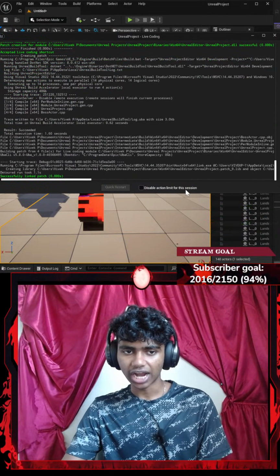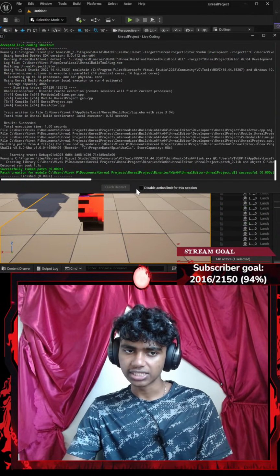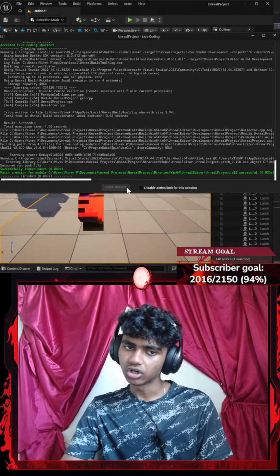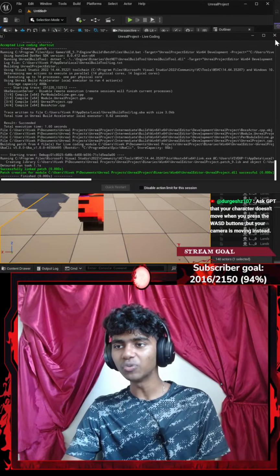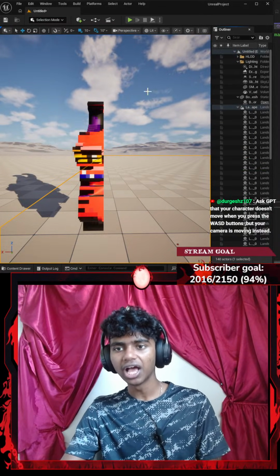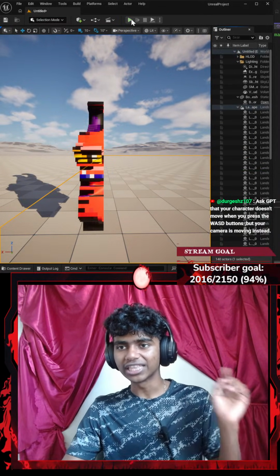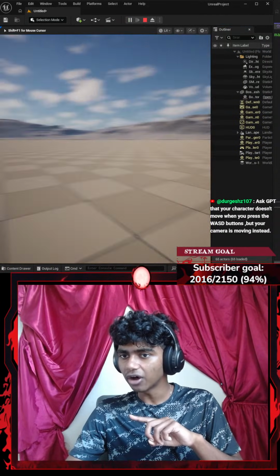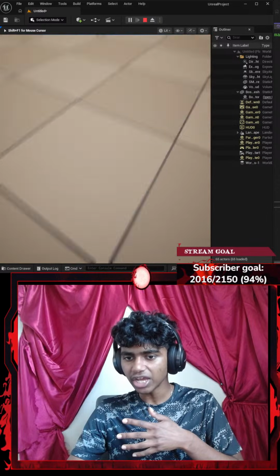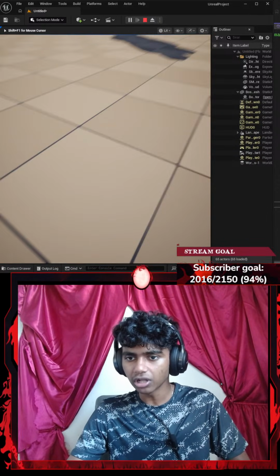Ask GPT that your character doesn't move when you press WASD buttons, but your camera is moving instead. Oh, what I was moving is my camera. I was trying to find the wording for it, like when I was moving around, I was wondering what's actually moving. That does make sense. My camera is moving. Okay, let's turn around. It says static mesh, and then if I were to go to my output logs,